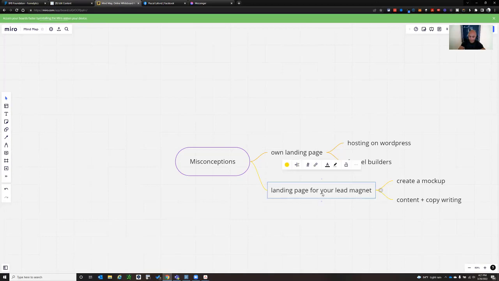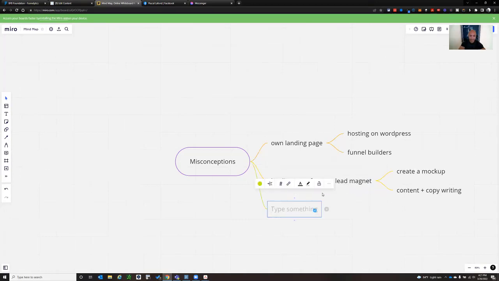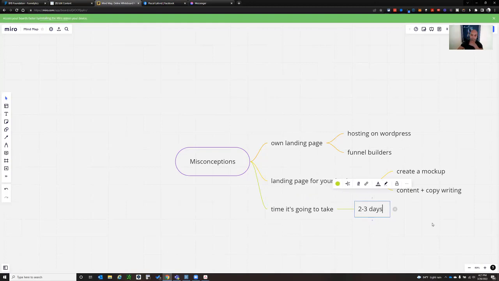And the last thing is the time it's going to take, right? So now if you have to go through the process of setting up your own landing page, either on WordPress or funnel builders, and setting up a landing page for your lead magnet, we're talking easily 2 to 3 days. Okay, 2 to 3 days to set this up. All right, guys. So listen, I know how you feel. So I understand the